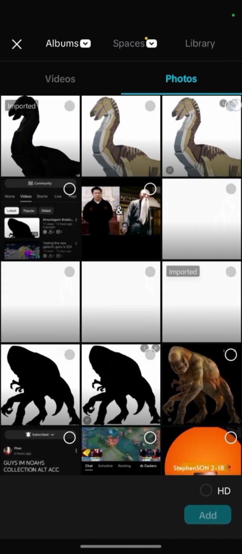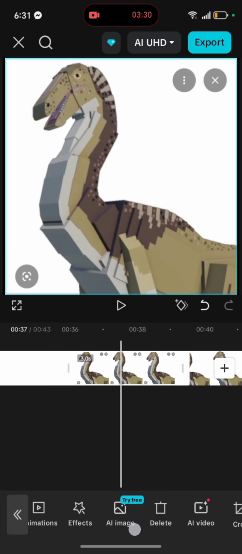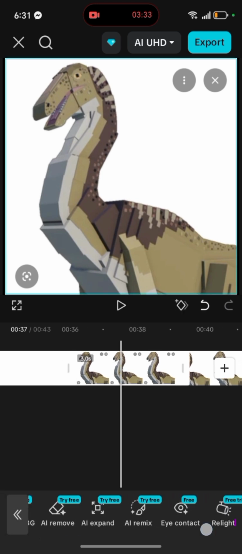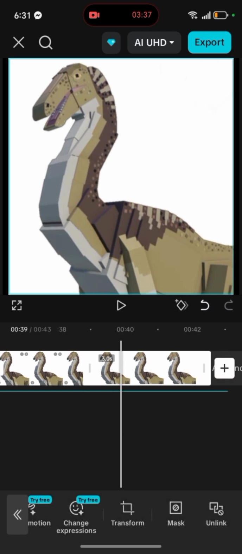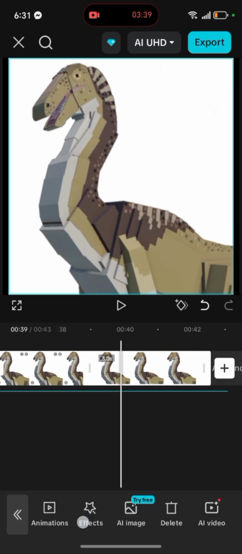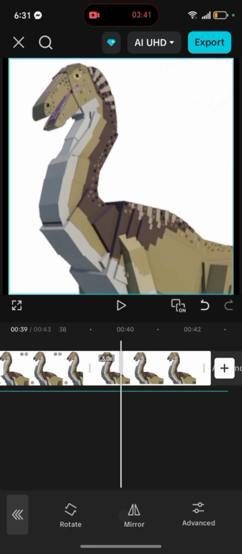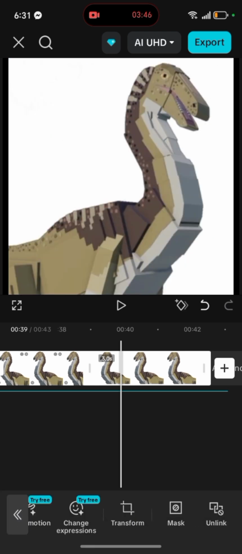Okay, and add this, and you just make it, press transform. For this one, transform this one, press mirror there.